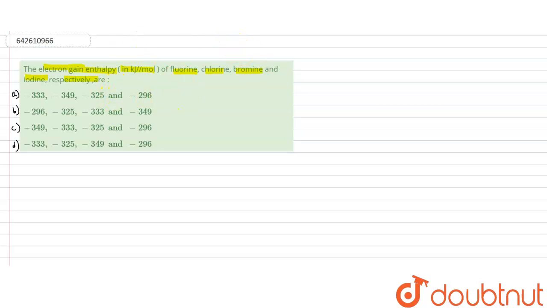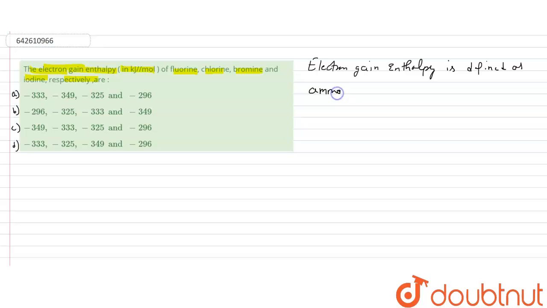The concept is that, as we know, here it is the electron gain enthalpy. So what do we mean by electron gain enthalpy? Actually, electron gain enthalpy is the enthalpy, or you can say the amount of energy released when an electron is added to an isolated gaseous atom. So that means I can write it as, electron gain enthalpy is defined as